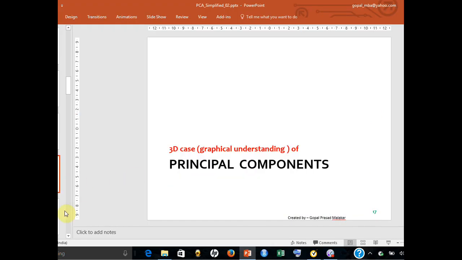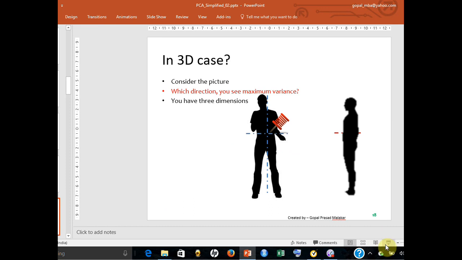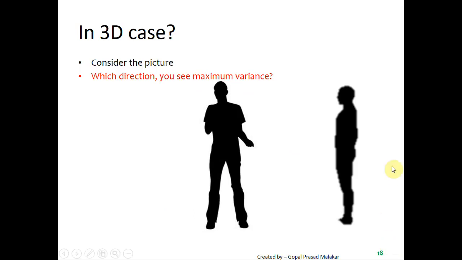So here is a 3D case about which I want to talk to you. Let's imagine the data points are in space, very much in the shape of a human being. Imagine each molecule of this human being is like a data point. Now if I ask you to apply the same definition here, how will you apply it?